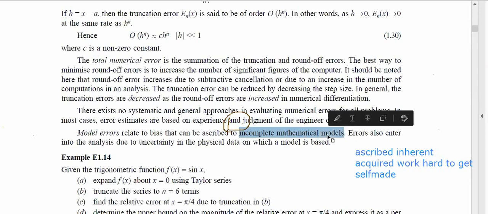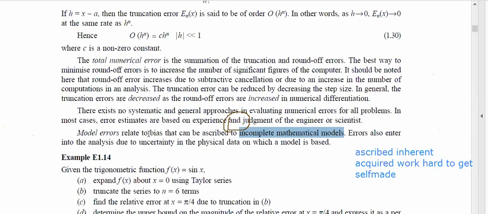Complete mathematical modeling, mathematical models. In the very beginning, if you remember, the numerical method is nothing else. It is a branch of mathematics which translates the physical problem into the mathematical problem. Mathematical problem means mathematical models. To formulate the perfect mathematical modeling, if we are just making the incomplete mathematical modeling, then